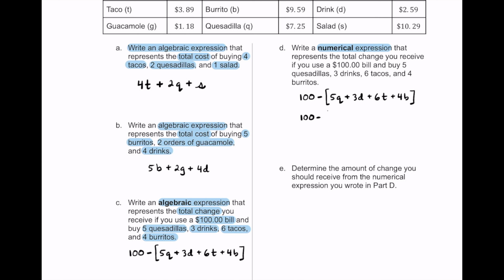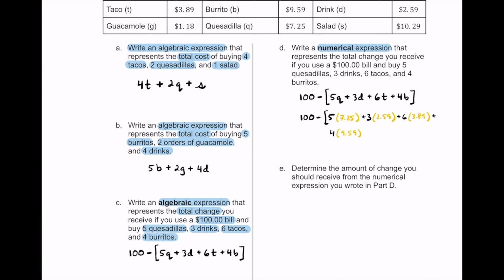So we're going to have 100 minus 5 times the price of a quesadilla, which looks like $7.25. Then plus 3 times the price of a drink, which looks like $2.59, plus 6 of these tacos, so 6 times, well, how much is each taco? It's $3.89, and then plus 4 times the cost of a burrito. I'm running out of space here, so I'm just going to write 4 times the cost of a burrito, which is